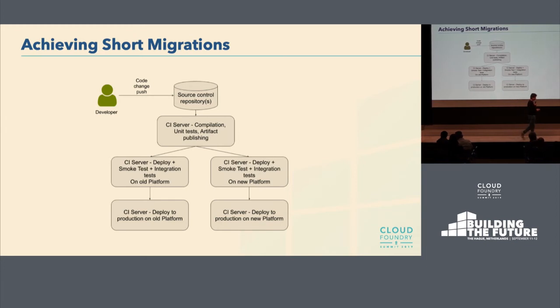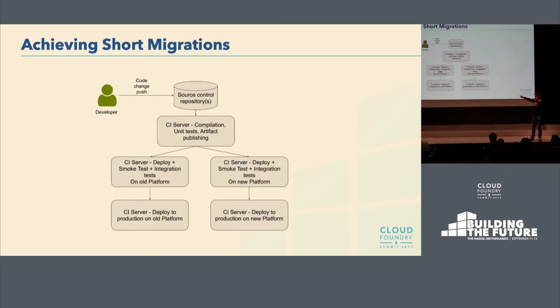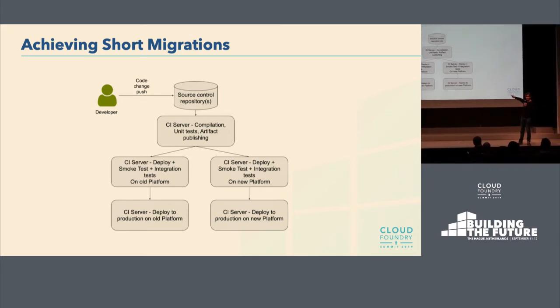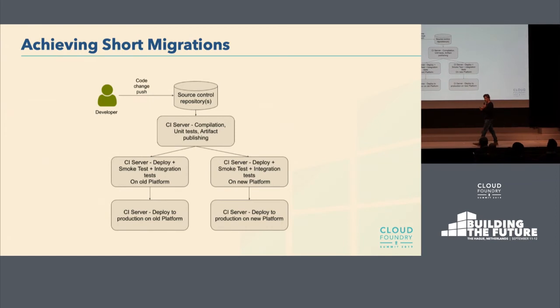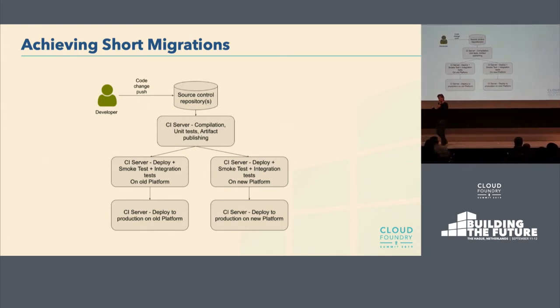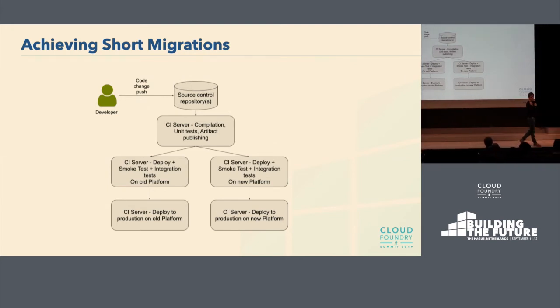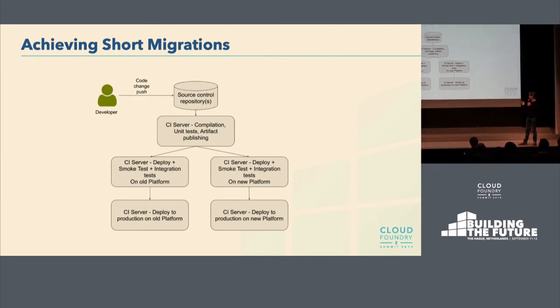The first benefit is that it is very easy to understand where the problems are, right? If your application is running on production and works fine, and on the new platform you have issues, and the binary is the same binary, then it's easier to identify and isolate the problem. But you also have the benefit of switching from one environment to the other. Let's say you went live and now you have issues. It's very easy to go back. Of course, there is the data problem, into which databases you're writing, but let's put this to the side. Having this is super important.